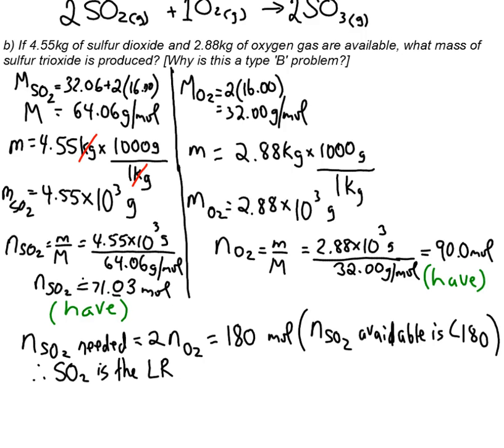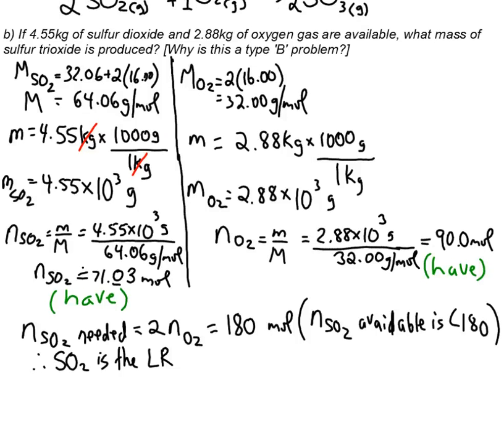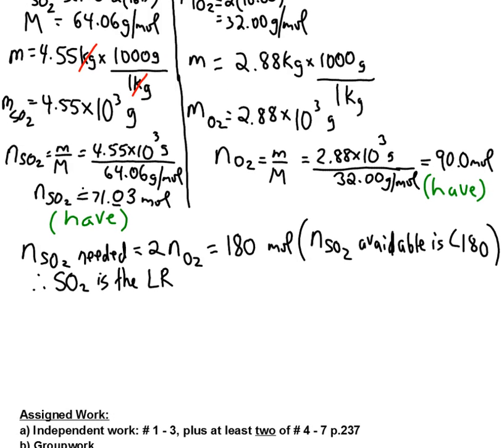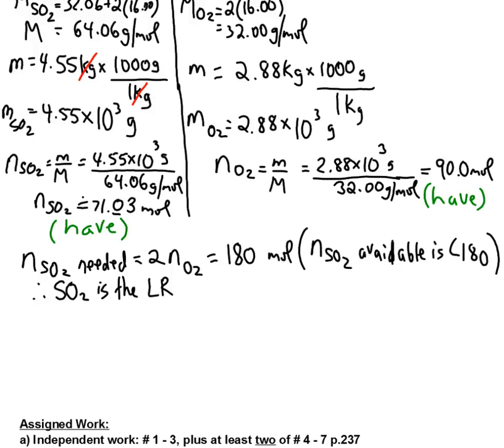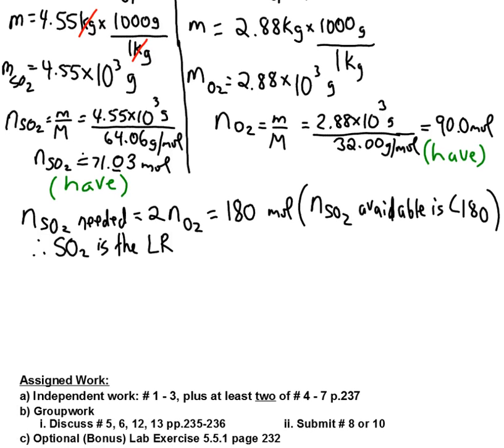Another way you could look at that is you could take the number of moles of sulfur dioxide and divide it by 2, and you can see that you have more than enough oxygen. You have clearly quite a bit more than half of 71. I'm not going to show that, but that would be another way of presenting it. So the moles of sulfur dioxide is what we want to work with. The 71.03 now becomes our stoichiometry value. We've converted mass to moles, and now we need to apply a mole